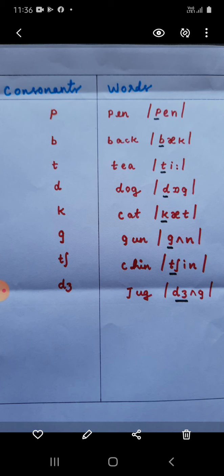So in the first class we understood that English is not a phonetic language, because in English we cannot find one-to-one correspondence, which means that English always changes in pronunciation. That is, you are writing an alphabet and you are pronouncing it in many ways. So English is not a phonetic language, whereas our mother tongue Malayalam is a phonetic language.